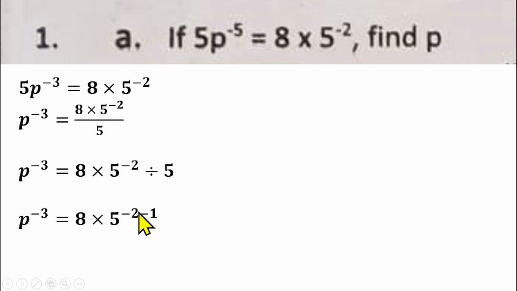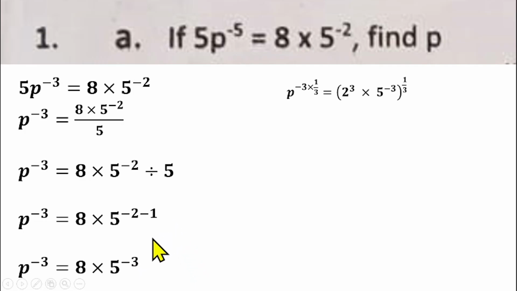So you have 5 raised to power minus 2 minus 1. Simplify that, will give us p raised to power minus 3 equals 8 times 5 raised to power minus 3. Then from there, if you simplify that further, what can we do? Our aim is to get rid of this power so that you can find our p,